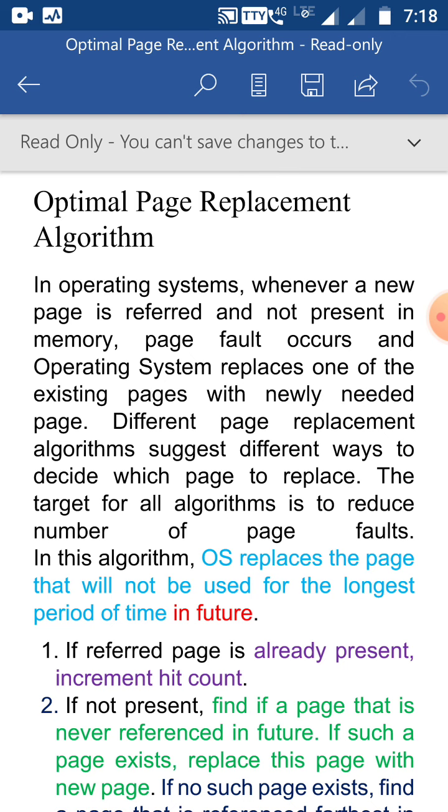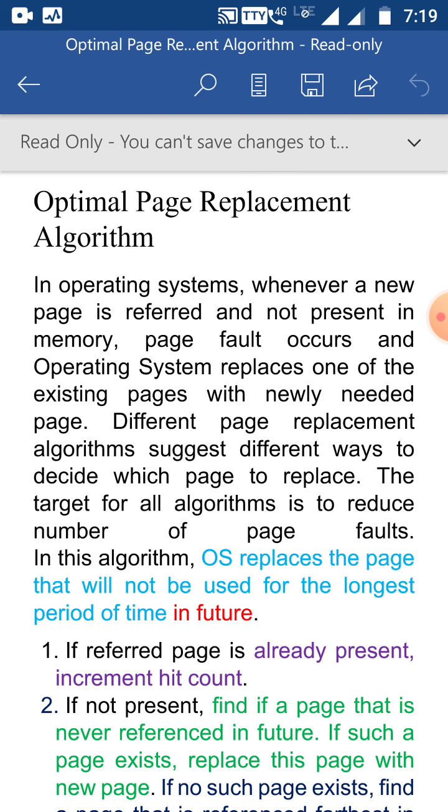So in demand paged memory management techniques, we discussed various page replacement algorithms. So for example, FIFO, that is first in, first out. So when the first in first out algorithm is executed, it replaces a page that is residing in random access memory and that entered first. Okay, so the page which entered first is going to be replaced first. This is the principle of FIFO, first in first out.